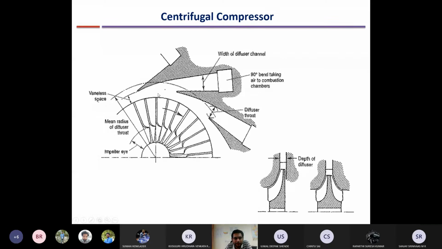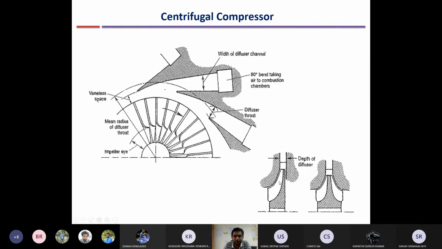After the impeller, you have a small space which is known as the vaneless space, and then you have the diffuser through which the flow velocity is reduced and the static pressure is increased. I will just repeat again. There is the intake section, then there is the rotating impeller section. There is a diffuser, and at the end of the diffuser, all the flow is collected in a casing or volute, or it can be passed directly into a separate combustion chamber. From each diffuser, the flow can be passed into a separate combustion chamber. So this is the design.